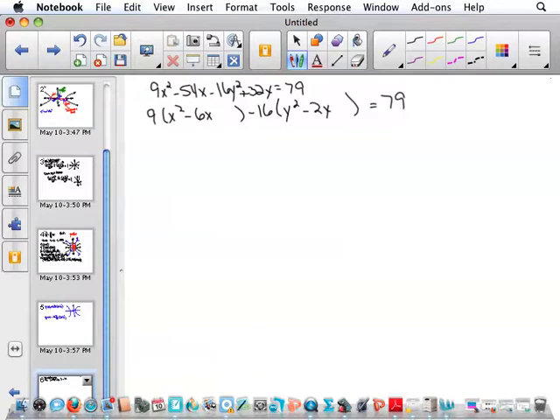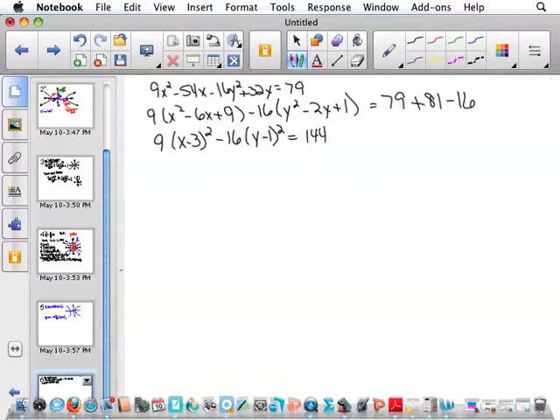So I'm going to complete the square here, which means I'm going to add 9. I'm adding 9, but I'm multiplying by 9, so I'm actually adding 81 to the left, so I have to add 81 to the right. And I complete the square on the y. I'm adding a 1, but I'm really subtracting 16 on the left, so I'm going to have to subtract 16 on the right. Write this as a binomial squared, so 9 times x minus 3 squared minus 16 times y minus 1 squared is equal to